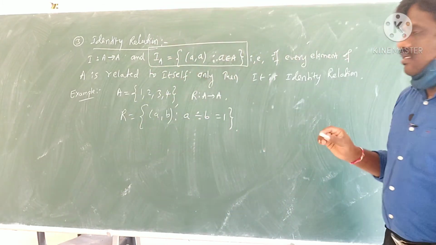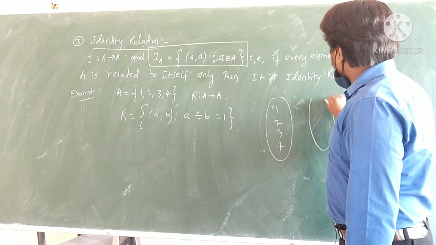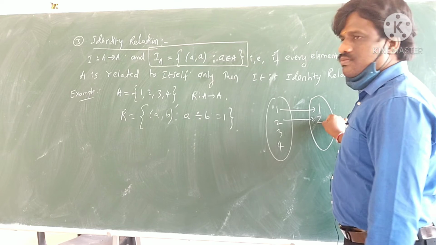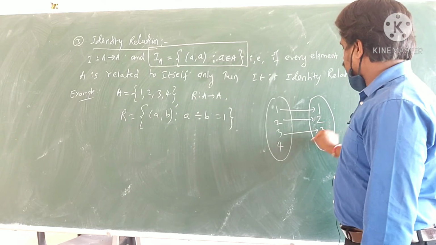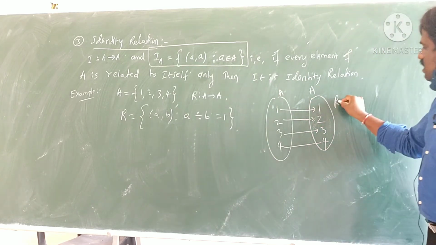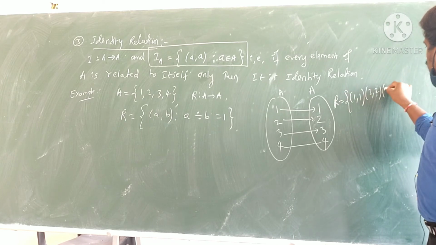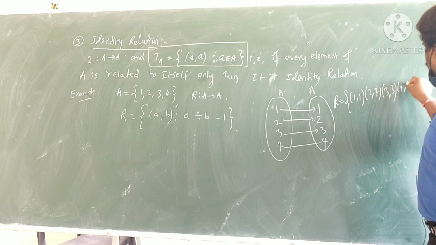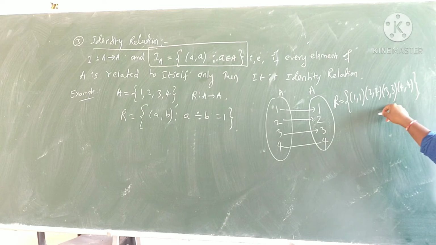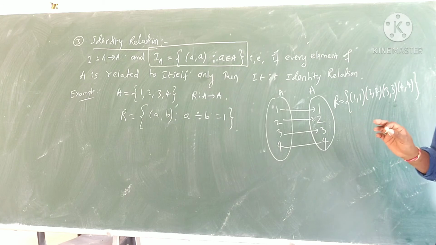For example, suppose you have 1, 2, 3, 4. So 1 is related to 1, 2 is related to 2, 3 is related to 3, 4 is related to 4. It means you have A to A. I am writing the relation as 1 comma 1, 2 comma 2, 3 comma 3, 4 comma 4. Only these, not other things. I should not write 1 comma 2 or 1 comma 3. Why? Because see why I am specifying this,